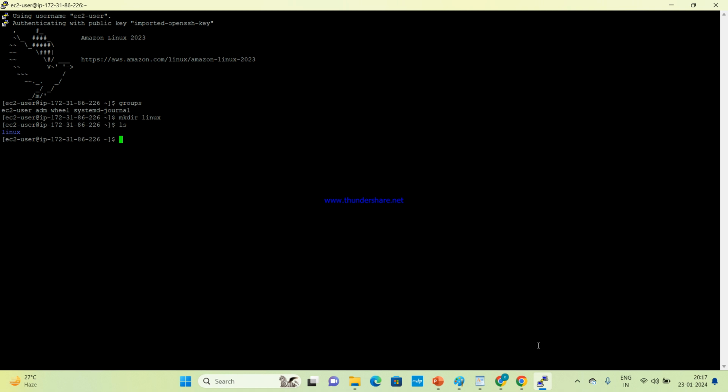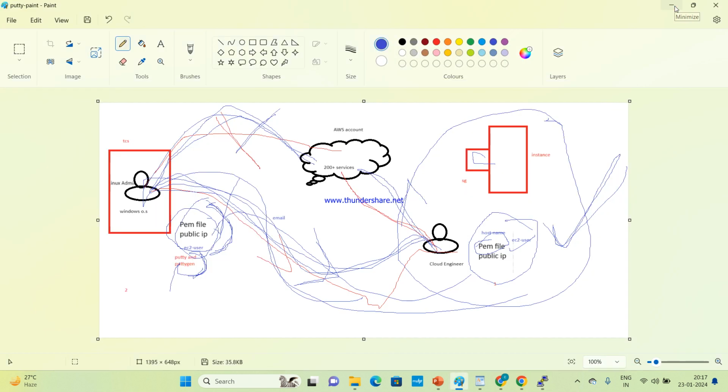Yes. As you said, we can't use the PEM file in Windows, so we are converting it to PPK, right? Right. So again, we are using Linux only, no? Yes, because